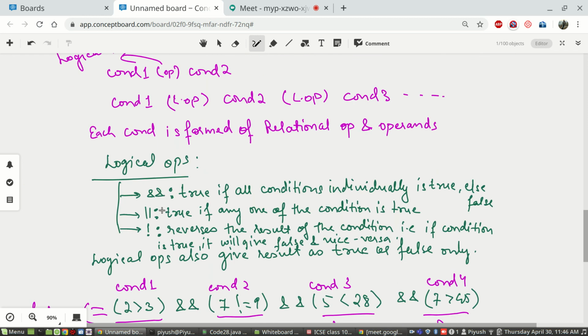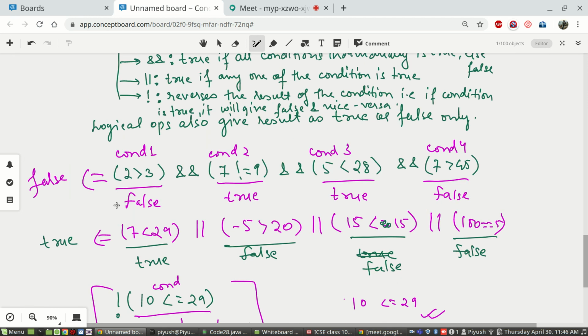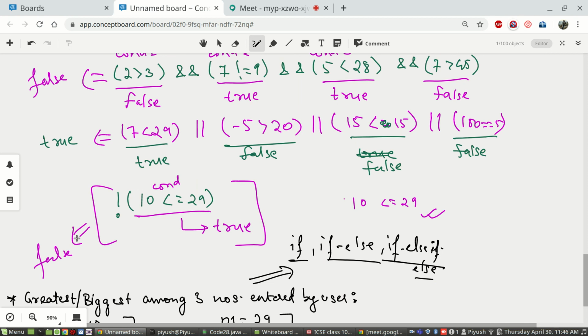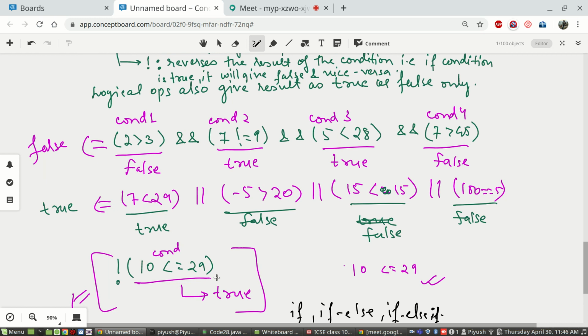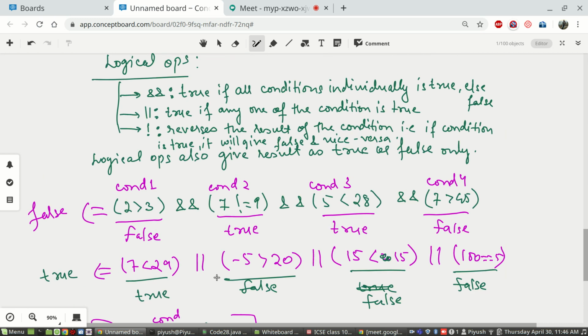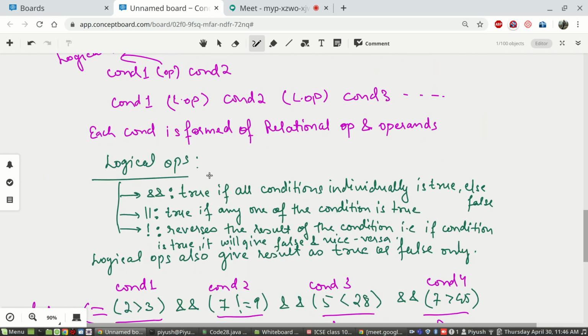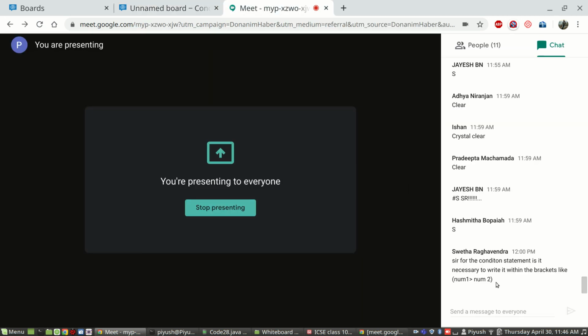Okay, what are the different types, what rules they employ for arriving at the answer. Okay, and then we saw a few examples to employ if else and make it more powerful using logical operators inside it. Okay, and like she said, it is a good practice. Yes, you should always include all the conditions with if else within brackets.